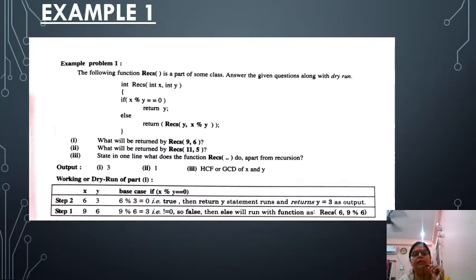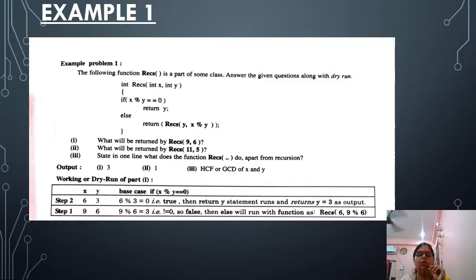And 9 modulo 6 is equal to 3, which is not equal to 0, so false, then the else will run from the function as recursion 6 comma 9 modulo 6. So the first output will be 3, and in the second the output will be 1. It will return y, which is 1. It is showing the HCF or GCD of your x and y.